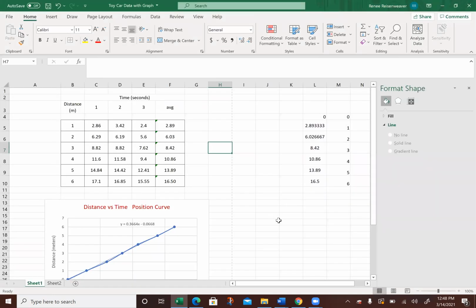Well, I hope this helps. Again, on the Google Sheets, I'm not as familiar with the graphing. I know you can do the XY